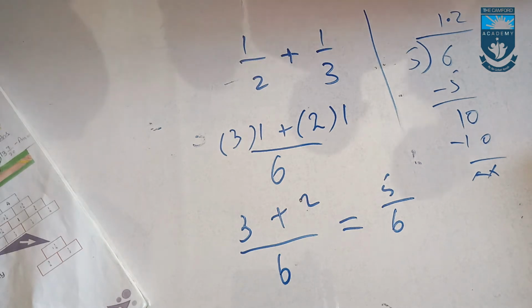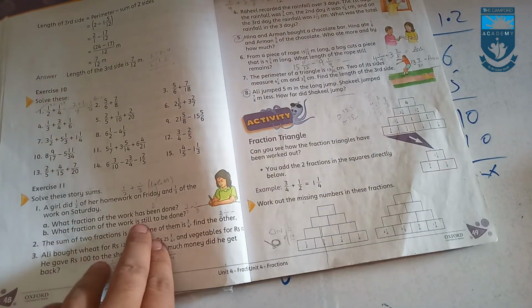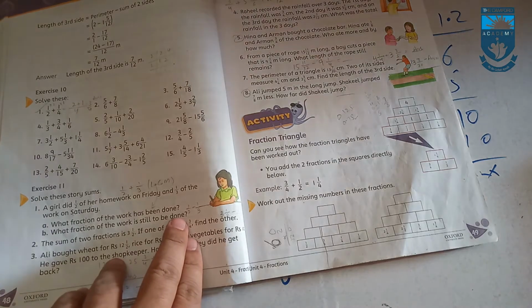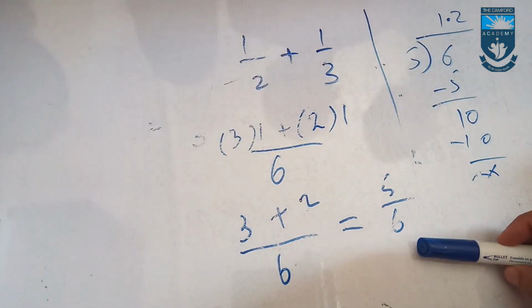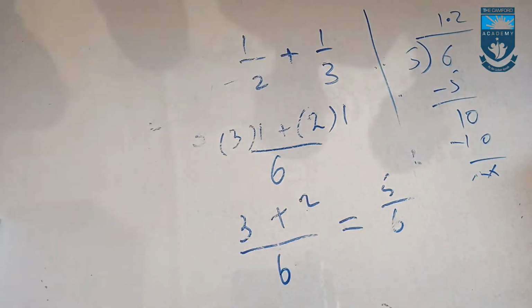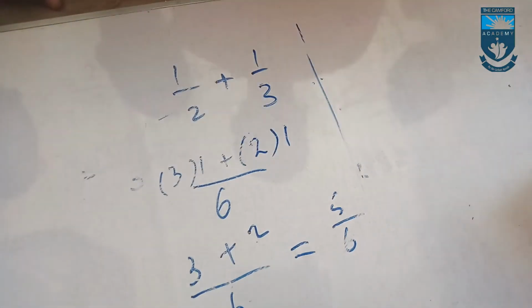And now is your exercise, you have to complete exercise 11, and sometime we have to add and sometime we have to subtract. Now the other question is, you can see that they are asking in the book, what fraction of the work is still to be done. She not completed work. If we divided the work in the 6 parts, and if the 5 parts are work, so I can draw a diagram to understand this, how much work I have done.